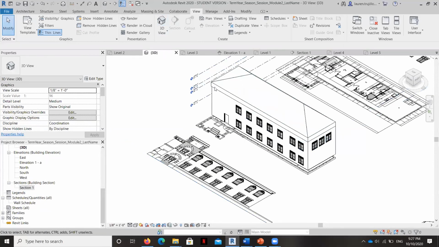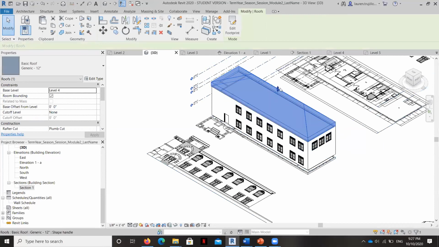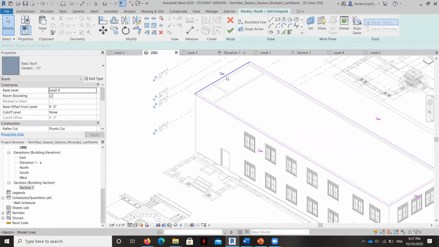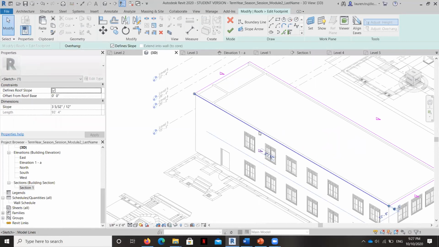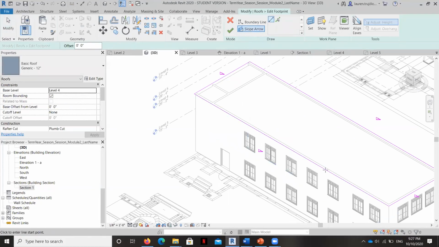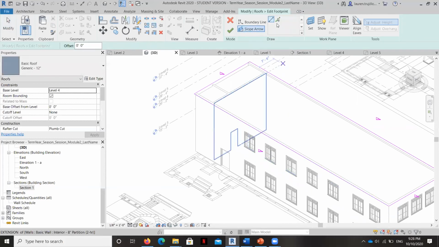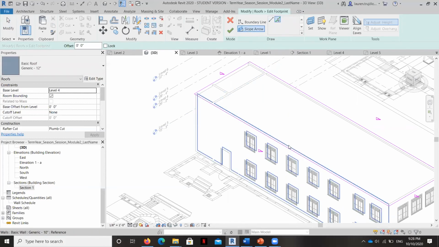Okay. And so you can also experiment with, for example, editing the footprint, and you can create different slopes depending on the roof type. You can also play around with the slope arrow, and you can change the direction of the slope of your roof if you wanted to make a vaulted one, for example.